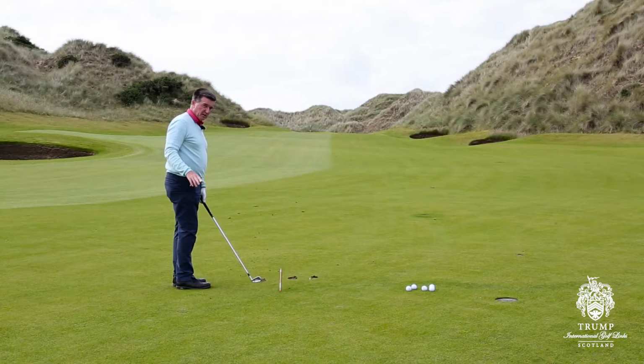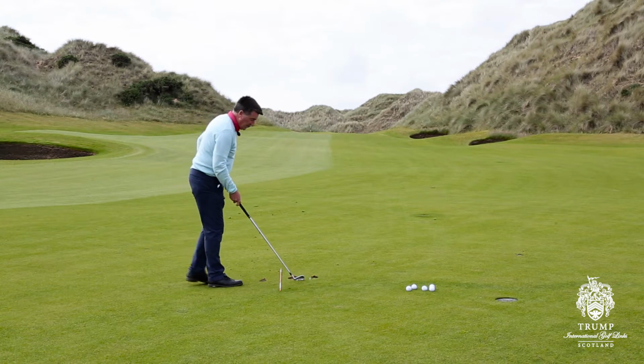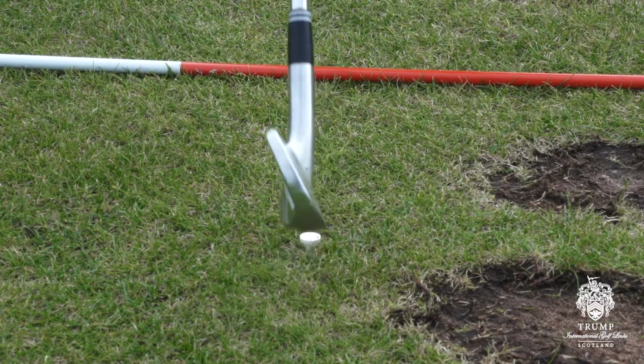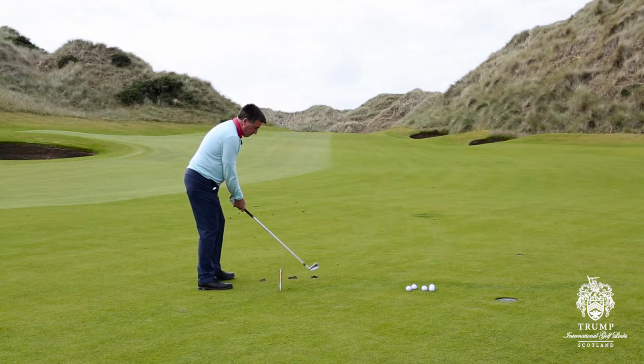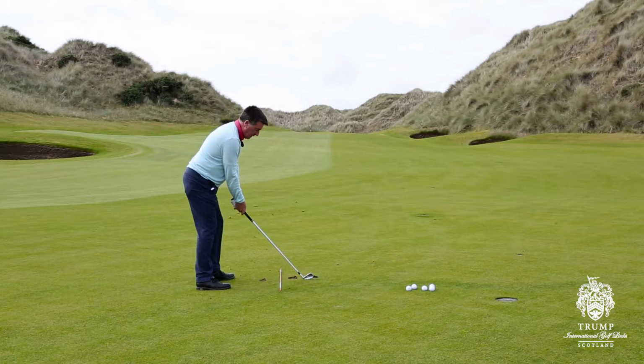So a nice drill to encourage, actually quite a graphic way of figuring out if we're doing the right thing here, is to put a tee in the ground, tight to the deck, almost punch it in there. So I'm going to play the ball back in my stance and the sole of the club just to the left of that tee peg. So the bottom of the club just left of the tee peg. So if I make the swing I'm trying to make here,